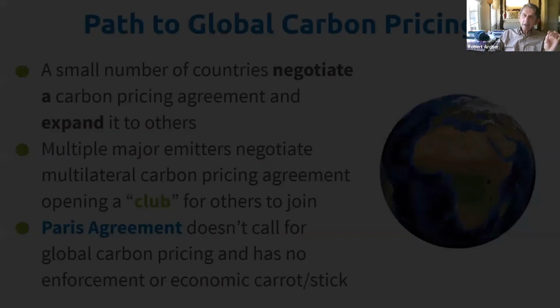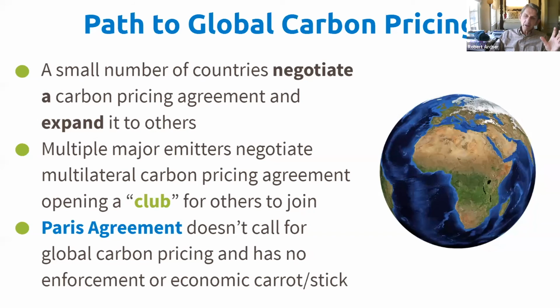Maybe the most pragmatic and promising path is a multilateral carbon pricing agreement among a subset of nations, such as the G7 countries, with India and China ideally. Call it a club. A club of countries would have a common carbon price and border carbon adjustment that incentivizes others to join. If they put their own price on, then they become a member of the club and they don't have to pay that border carbon adjustment.